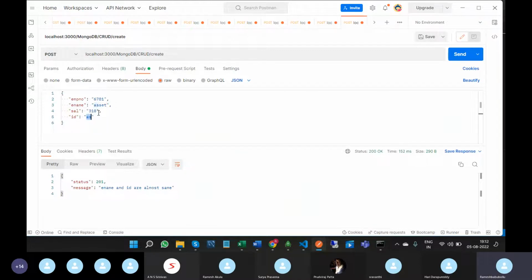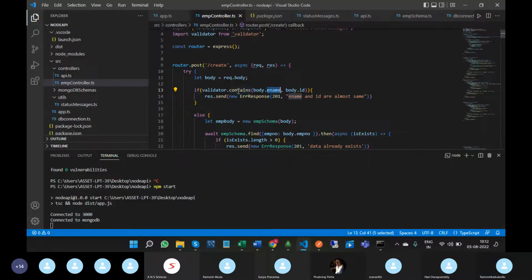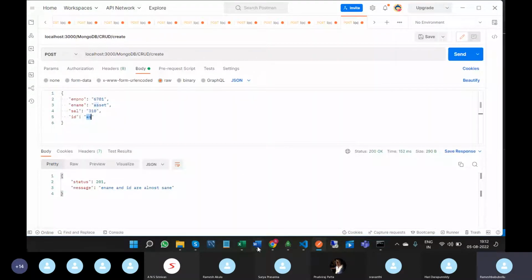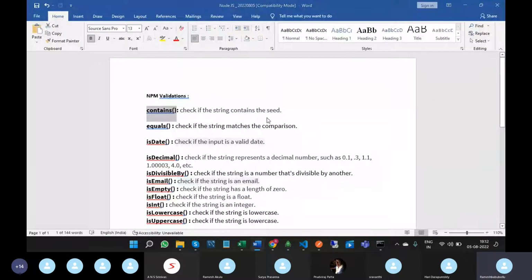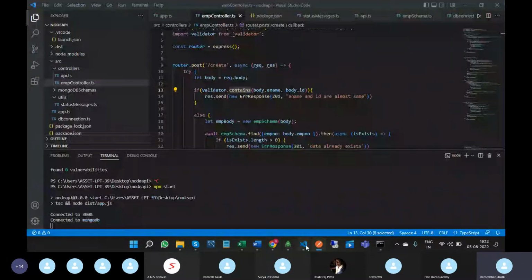So this type of validation we can achieve by using contains. The definition of contains: check if the string contains the seed. That means here it will check whether this ename has this ID value or not. Okay, so next,